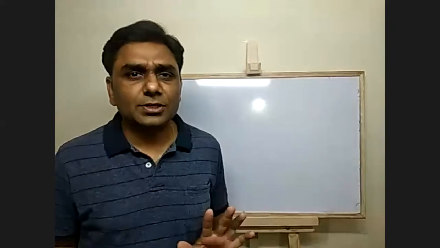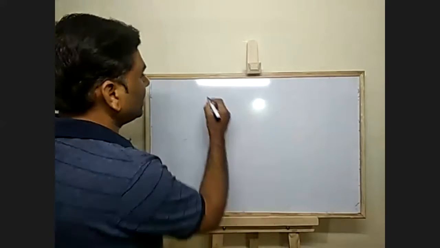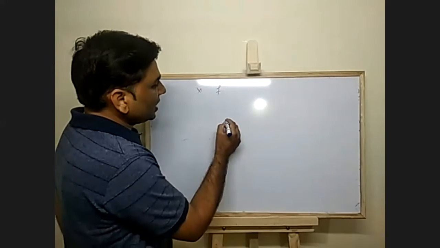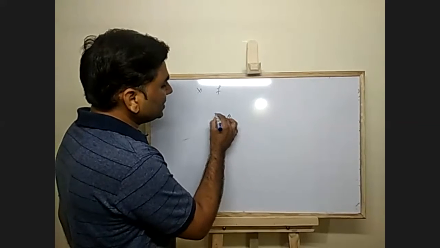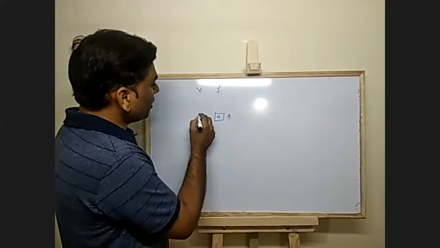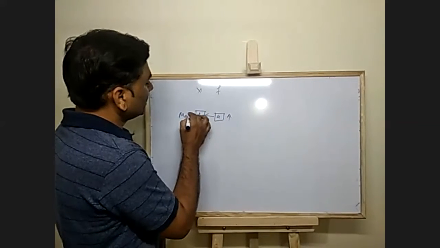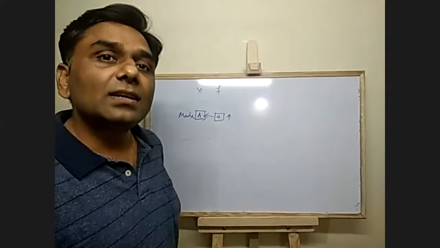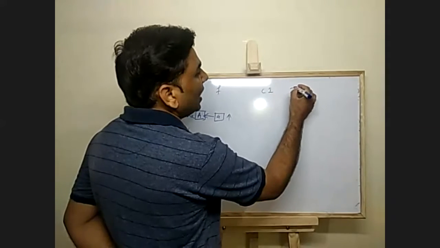So do the inspection, observe the table. If x and f are given, see which is the highest frequency and the corresponding x value. If this is the highest frequency, the corresponding x value is your mode. Very simple. Now, if class intervals and frequency are given, so class interval and frequency.